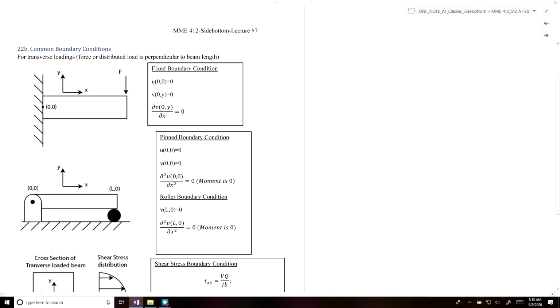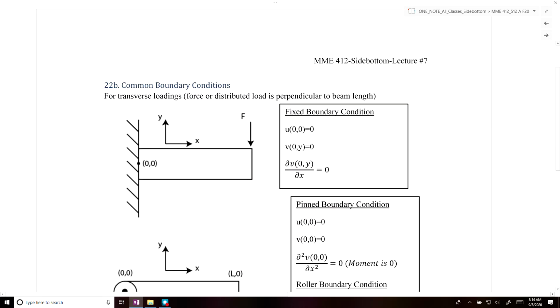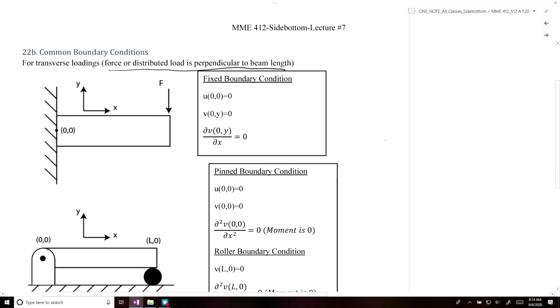So when you're solving these equilibrium and compatibility problems, it'd be very useful to know these common boundary conditions that are often found in these problems. So typically we're talking about cases where you have transverse loading, so basically a force that's perpendicular to the beam length. So if you have a fixed boundary condition, like in the case of a cantilever beam,